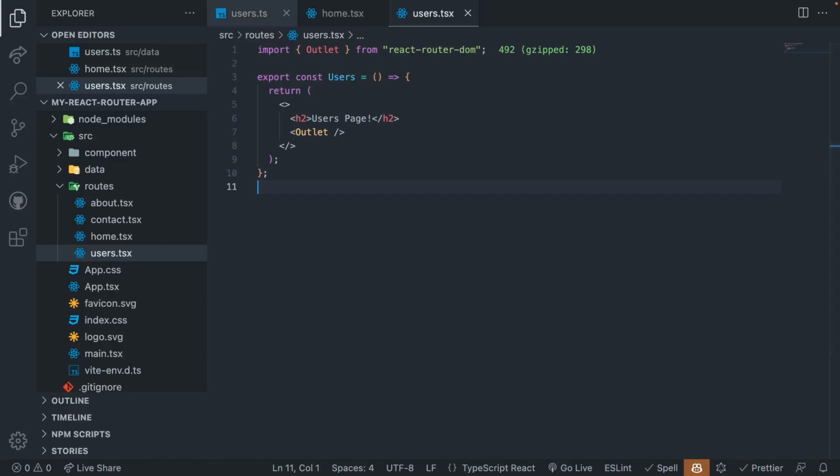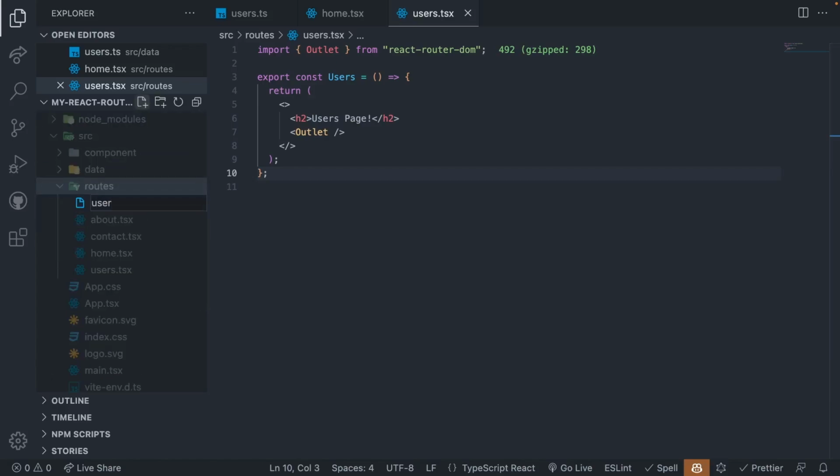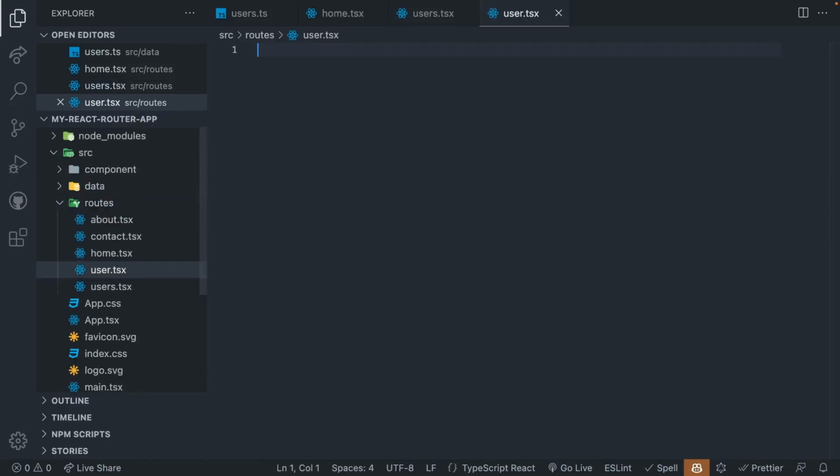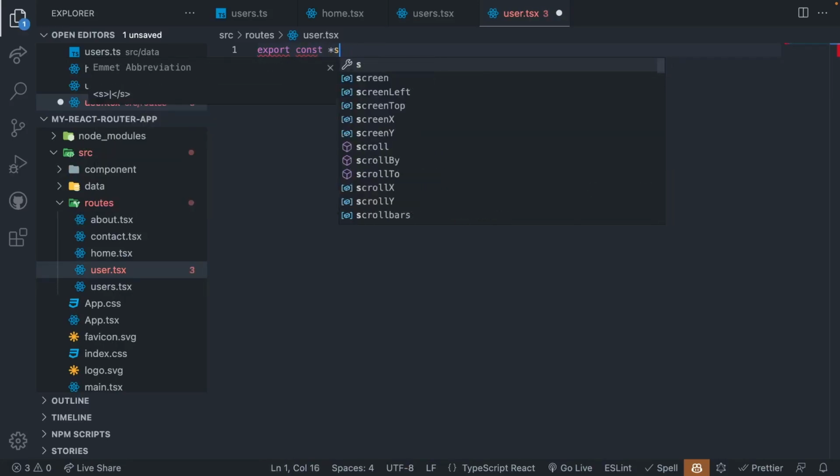Let's just go back. This should be good enough. Now let's do something. We want to present the user information on this outlet, right? So let's create another page, or just a root component actually. So this one is for individual users. So user,